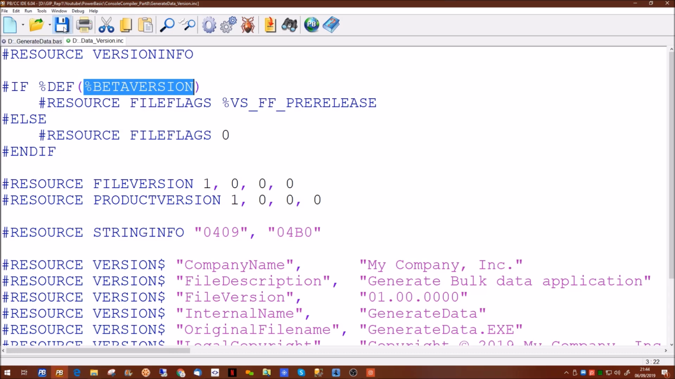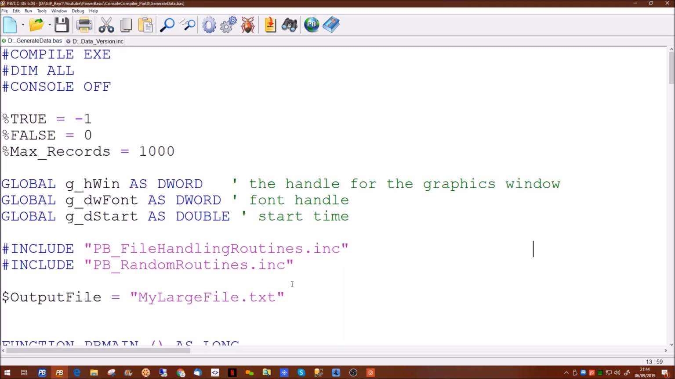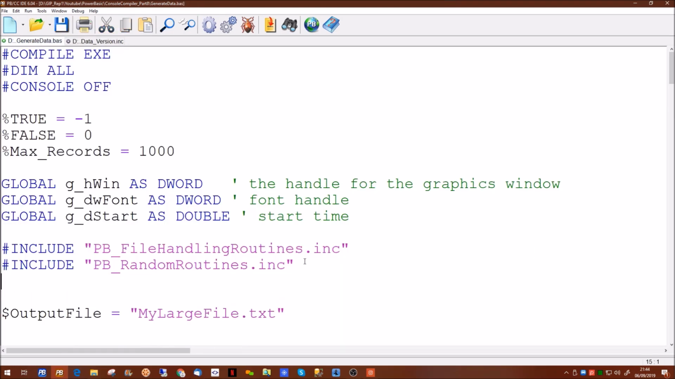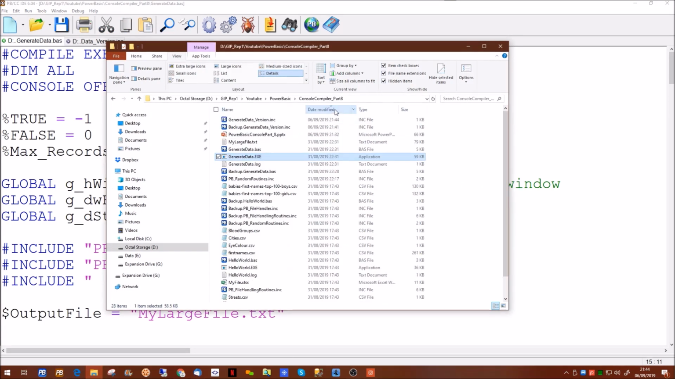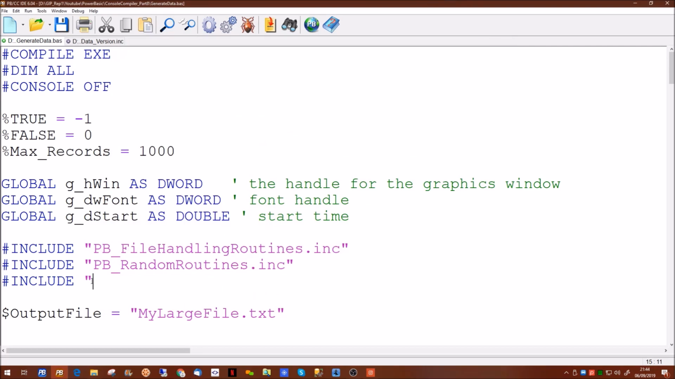Now, if we save that one since we made some changes, what we want to do now is put an include to include our new file. And what do we call our new file? Let's just grab the name and paste it in to save any typos. There we go. Put an include file in there. Now, if we compile that now,